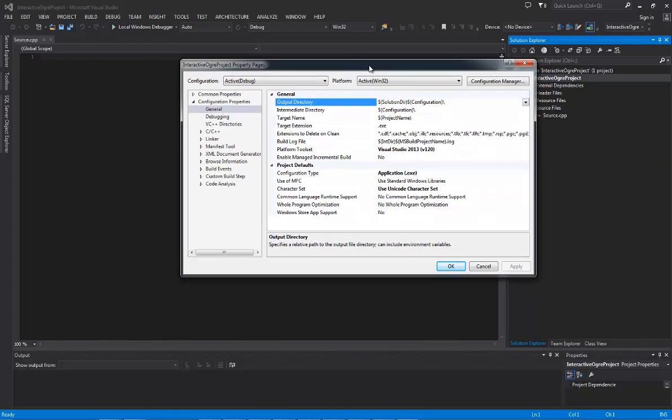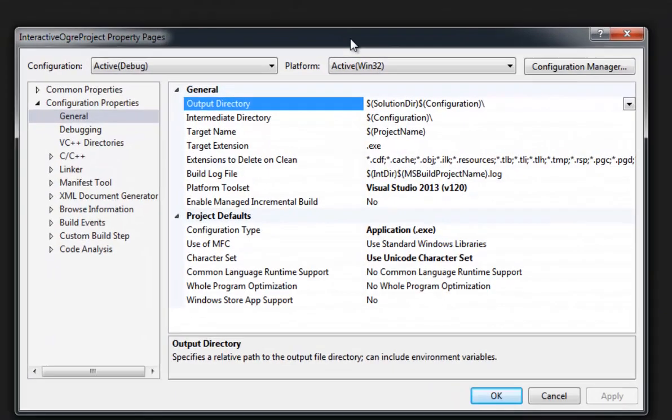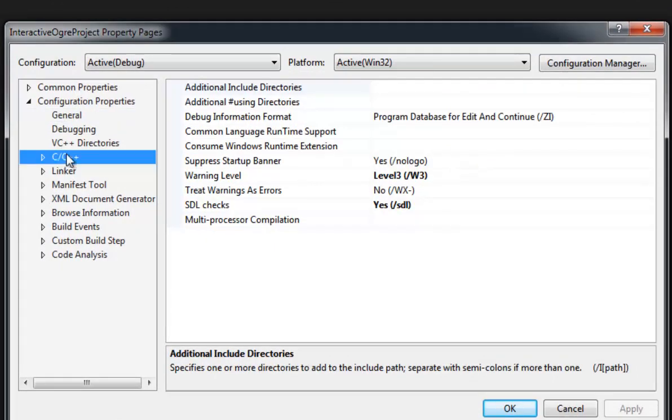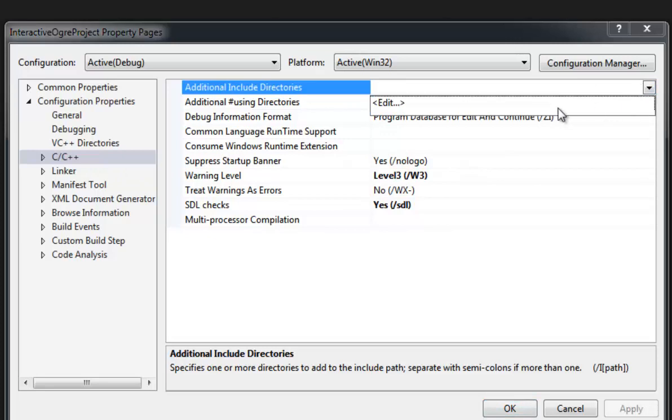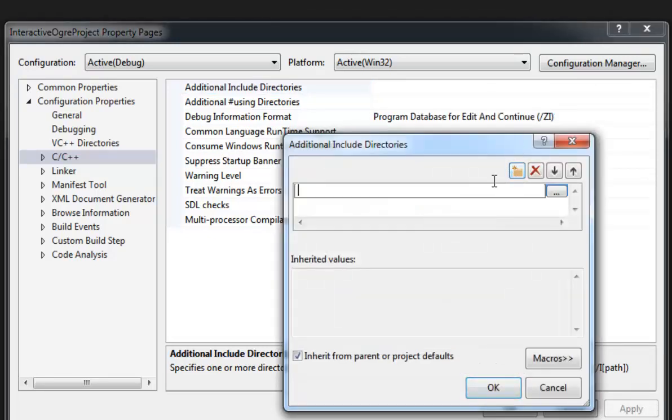So open up your project properties, and then go to the additional include libraries, and then expand your edit function. And now we're going to have to add a couple of include folders. And the first folder that I'm going to add is going to be my Ogre home VC12, which hosts the environment variable that looks at the path for my Ogre folder. Then I'm going to add the include